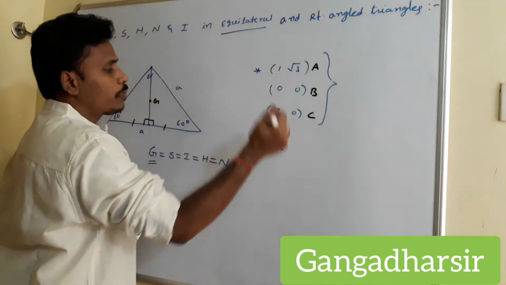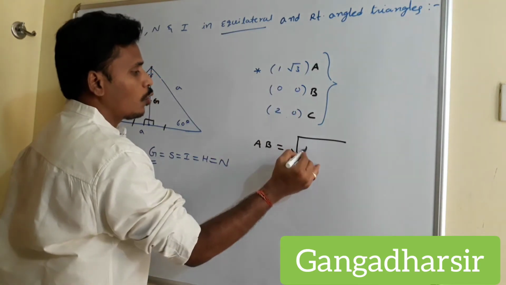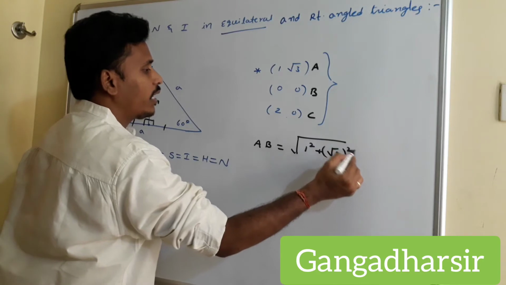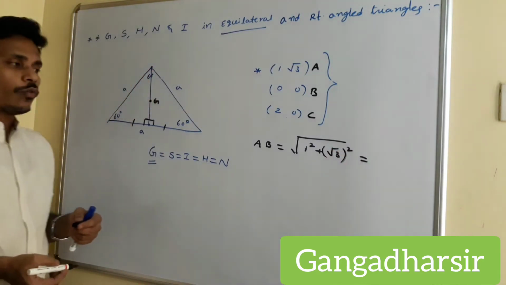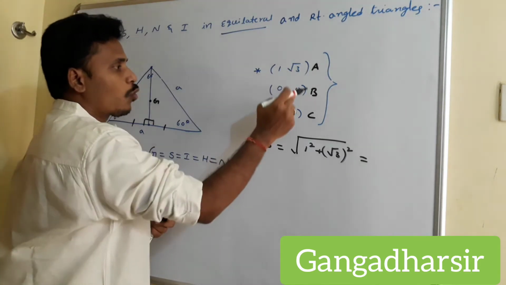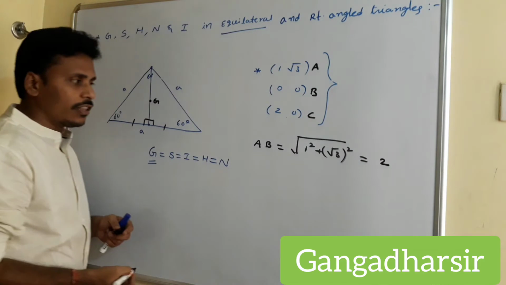So what is the distance between A and B? And that is clearly square root of 1 minus 0 square. Directly I am doing here. I think you are aware of finding distance. You just find the distance in your own way. So the distance AB is nothing but 1 minus 0 square and root 3 minus 0 square. This is 3 plus 1 is 4 and the AB length is 2.